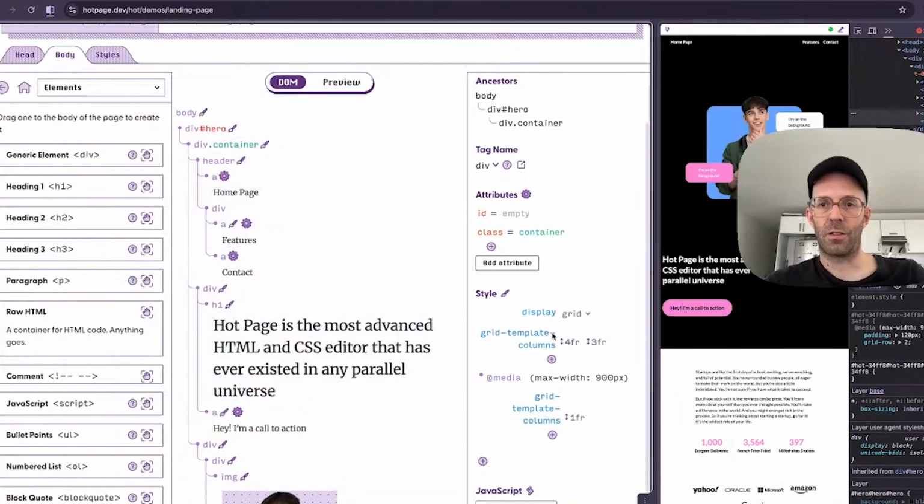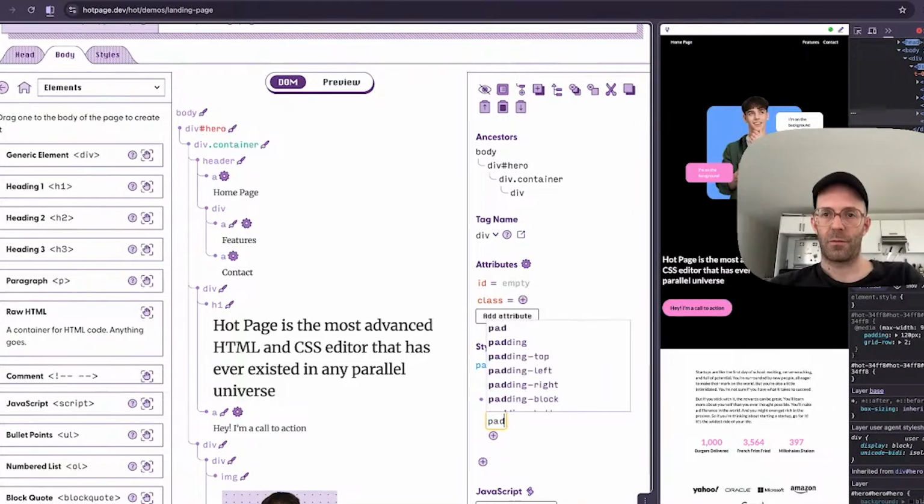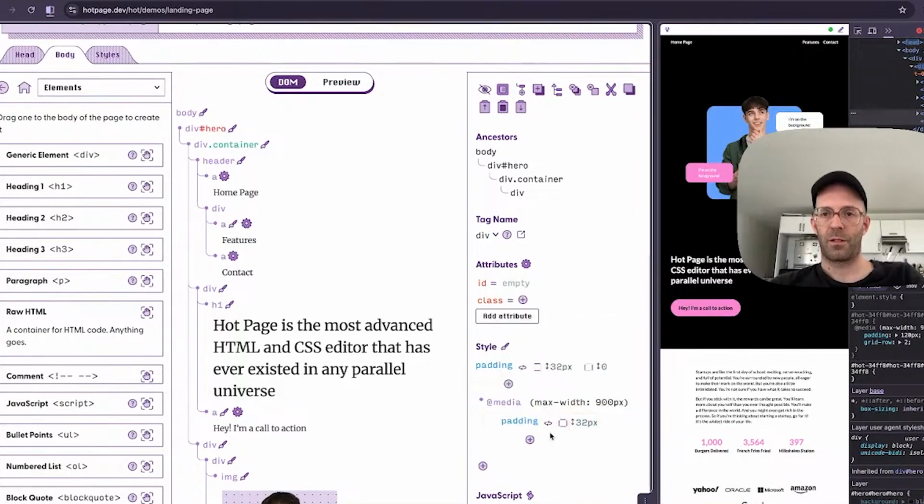The issue with this is this container should have padding. It does. It has 8 pixels, but it's not really enough. Let's add some padding,